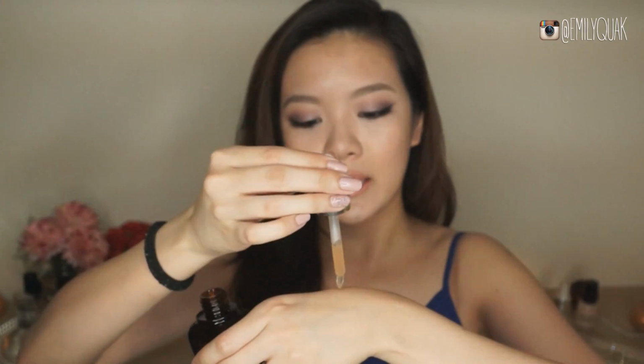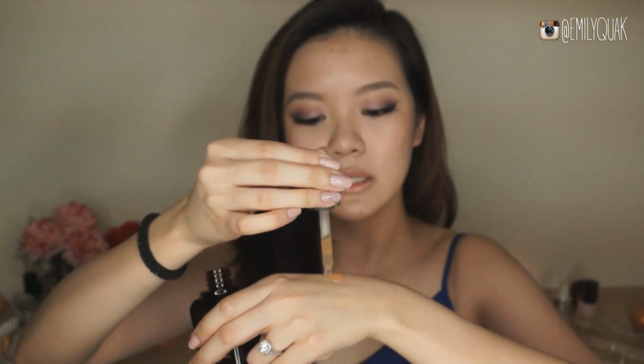Now, if you work in an air-conditioned environment and your skin is really dry, a great way to boost the hydration in your skin and to prevent your skin from losing any excess moisture is to use a serum. Now, I'm going to be using, as usual, the ANR, which is my favorite, and I'm going to be using this little sponge. And what I'm going to be doing is I'm going to be picking up that serum and applying quite a bit of it